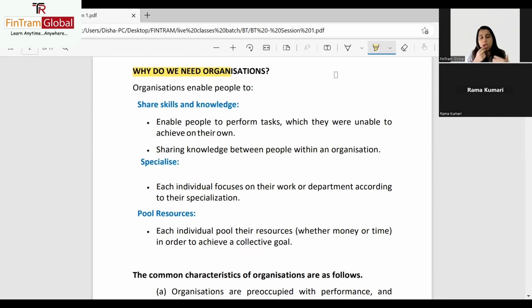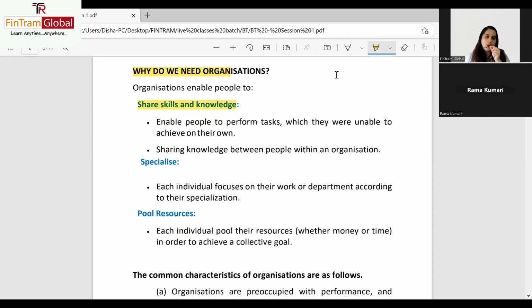You have your boss. You could go to the manager. You can ask them, okay, this is what the client is saying. I don't know what to do. So could you please help me? So there is sharing of skills. There's sharing of knowledge. People come together. They share the knowledge between each other. They share their skills. I could be good at maybe Excel. Someone else could be very good at PowerPoint. So maybe if I have a presentation, I would probably go to them and ask for their help. So there is sharing of skills.